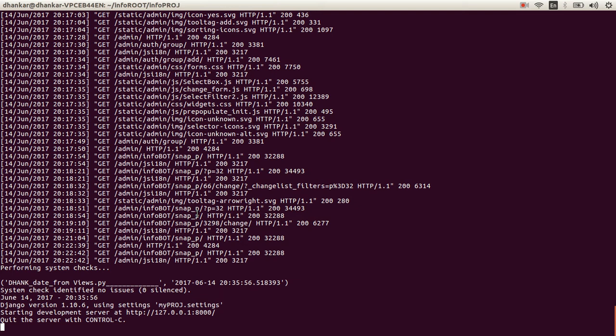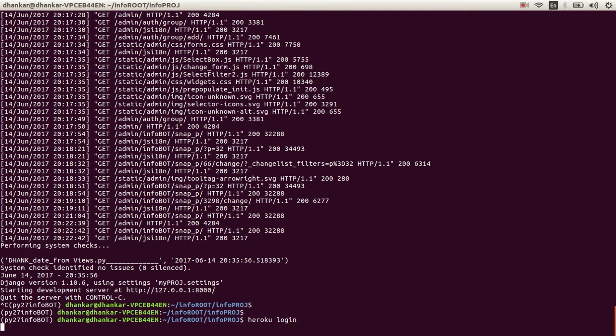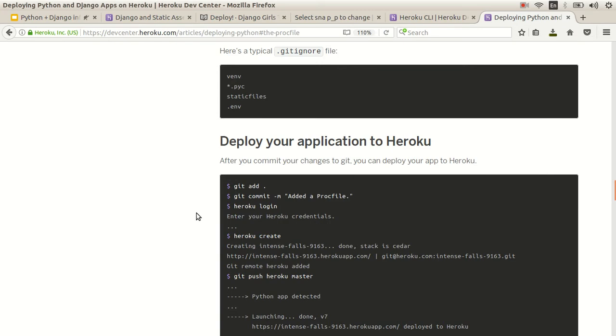Heroku login. Okay, and my Heroku app is already created and already deployed on Heroku. For you, you will go ahead and create an app after your CLI has kicked in. So once your CLI is deployed, using the CLI through this console or command prompt, you will have to go ahead and create an app on Heroku. The other option is that you do not use the CLI and you use your Heroku